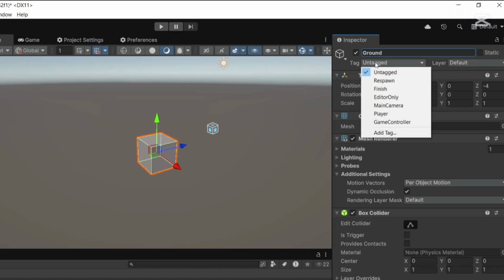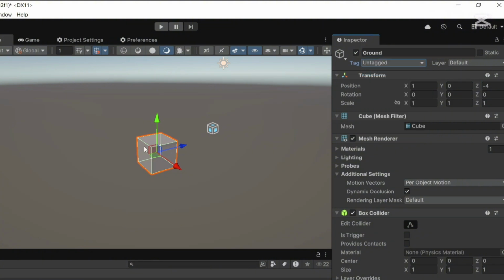You also have tags, which for now we only have the basic ones, the default. You can use tags to compare, for example, in a collision. You can detect if you hit the obstacle, the ground, or anything else. And layer is basically the same, but for rendering. So you can, like,